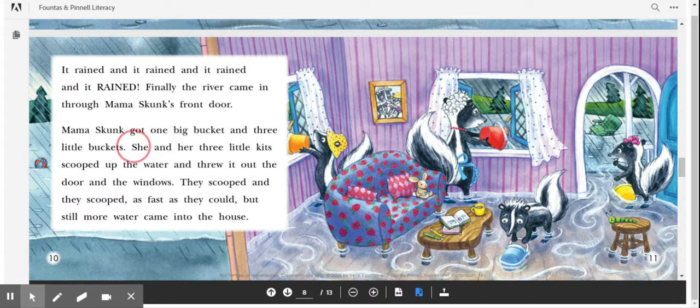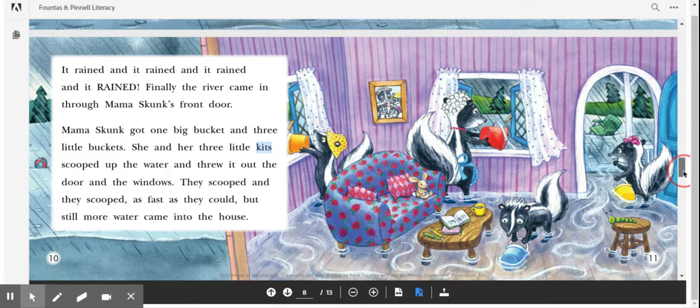It says in this sentence, she and her three little kits scooped up the water and threw it out the door and the windows. So the word kit, as in this book, refers to small furry animals, little skunks, would be a new use of the word kit. So stilts and kit, probably the two new words in this book that a child wouldn't have known prior to